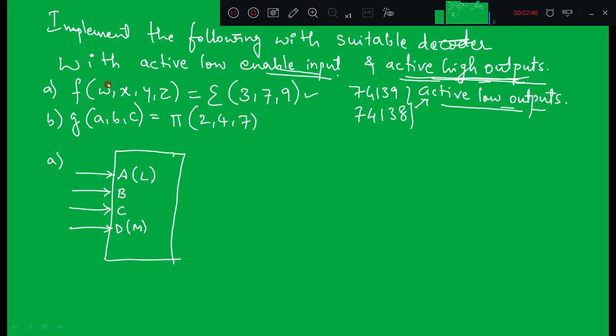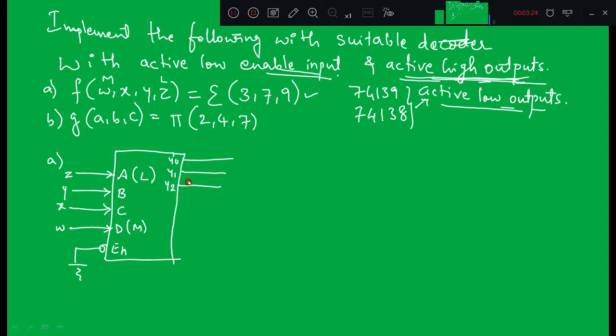Okay. So which is LSB here? LSB is z and w is MSB. So w I will connect to D, then x, y, z. Now, how many outputs do we have? Total 16, because it is 4 inputs. One more enable, which is active low, right? So to enable this decoder, I need to ground this enable pin. So we have outputs Y0 to Y15, right?